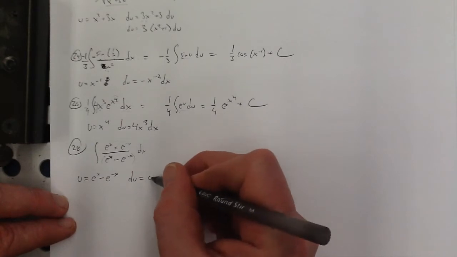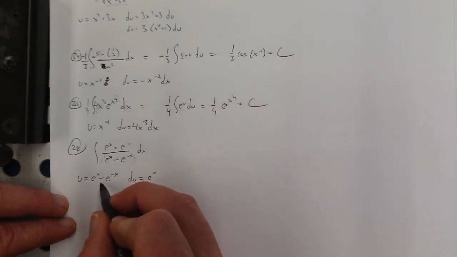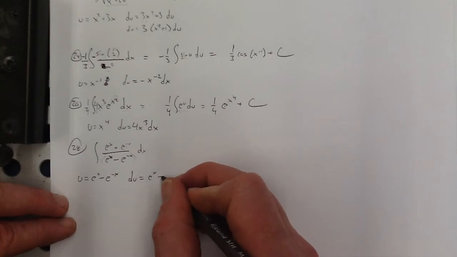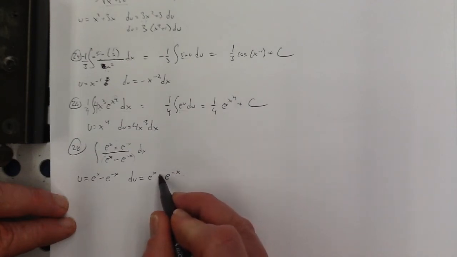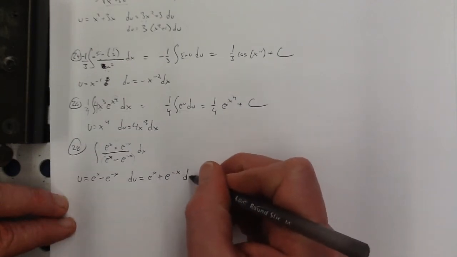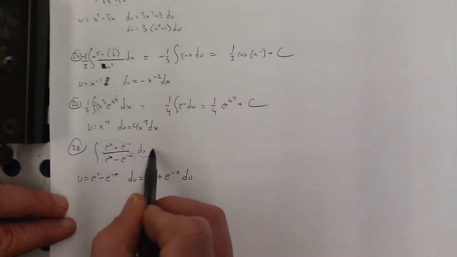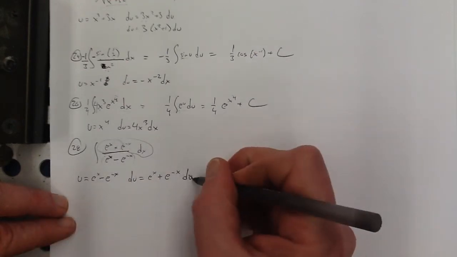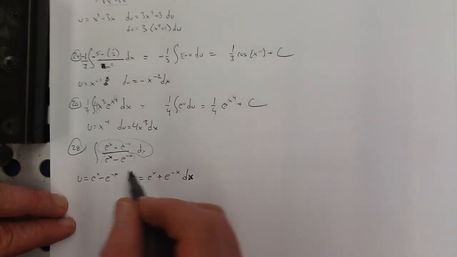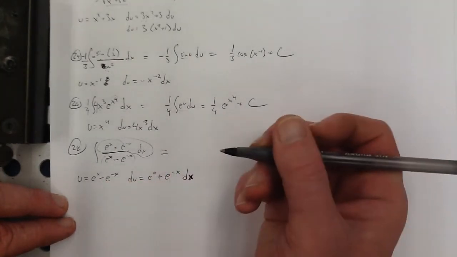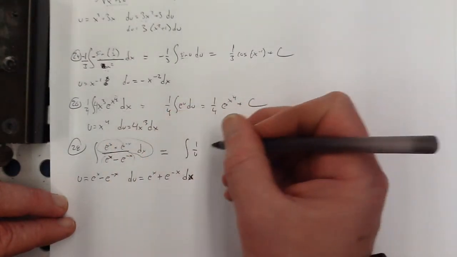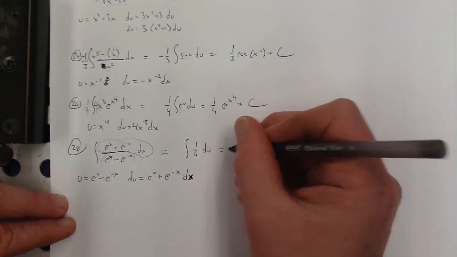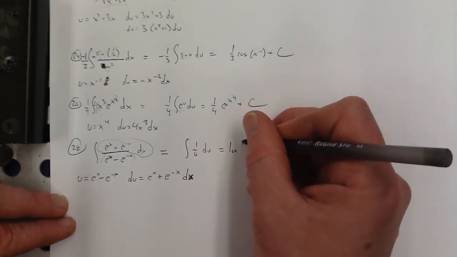The derivative of e to the x is e to the x, and then the derivative of minus e to the minus x is minus e to the minus x times the derivative of what's inside here, which is negative 1. So that's going to flip that sign. And then you can see that actually is this. So that is going to work, because that turns this into 1 over u, and then all that is du. So that's natural log of u